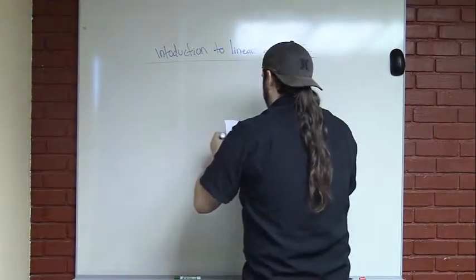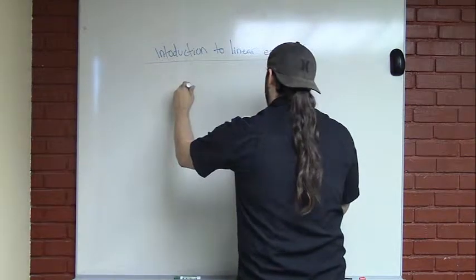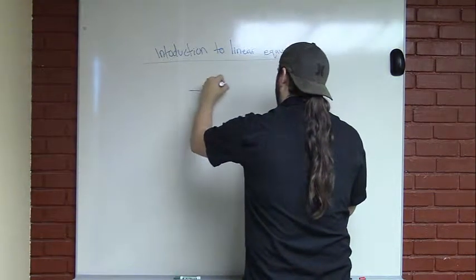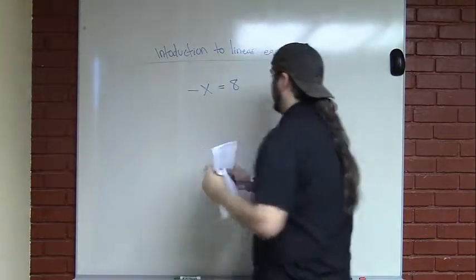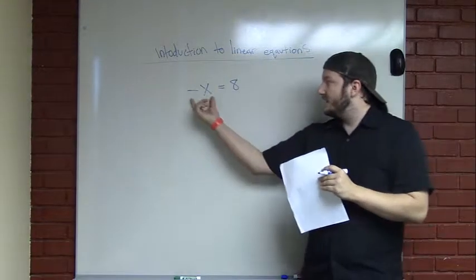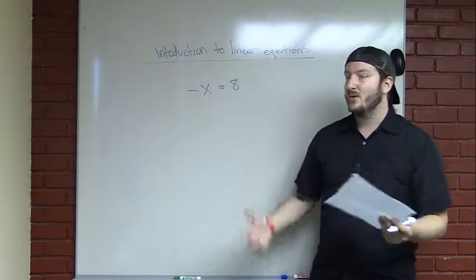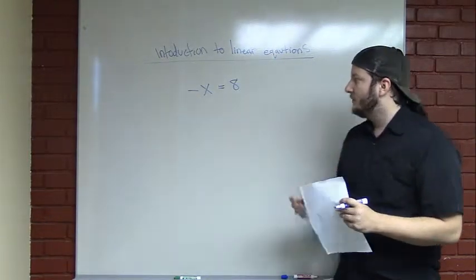Alright, we got more of these. Alright, this one. Yeah, so this one is simple, but the reason I put it here is because a lot of times this will trip people up. They'll get a negative x equals 8, and they're like, I don't know what to do. So what you do is,